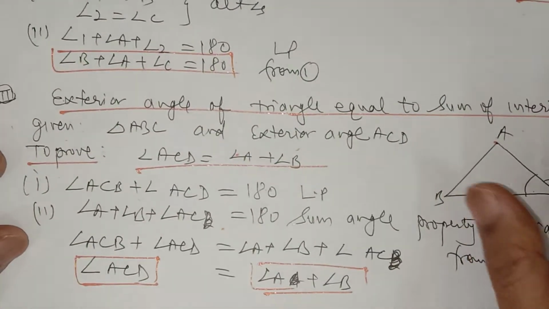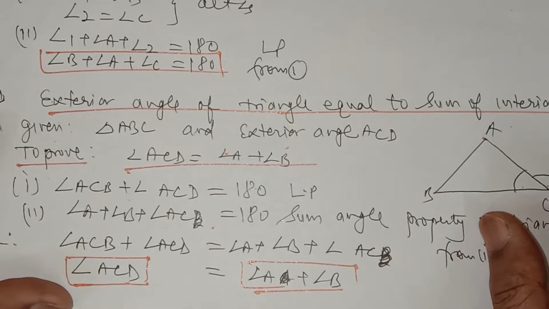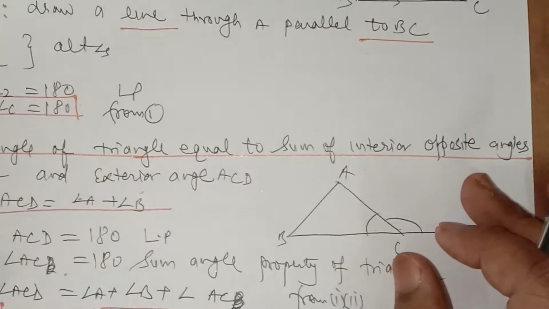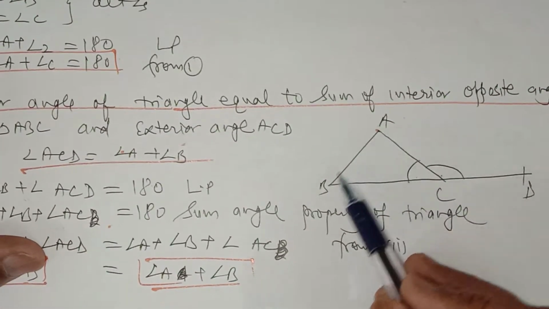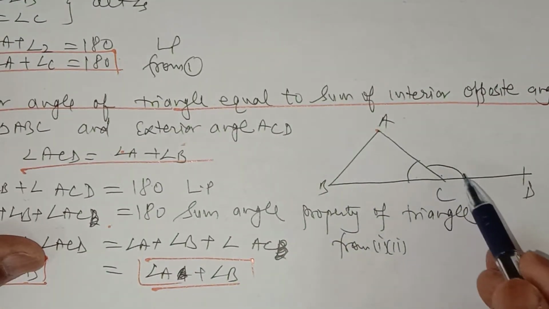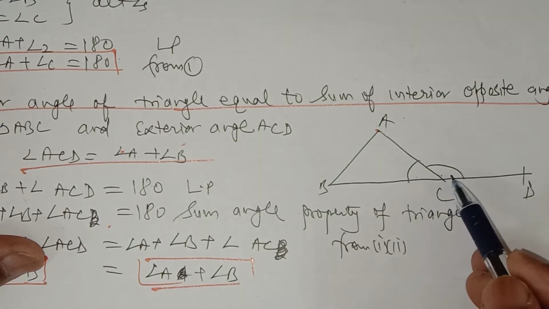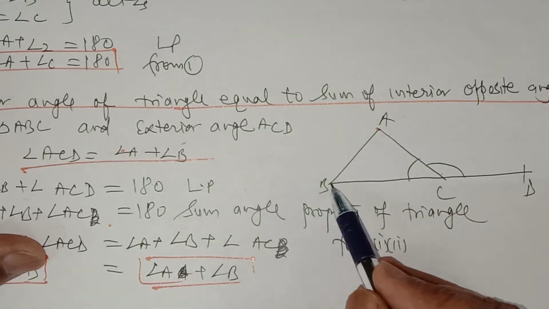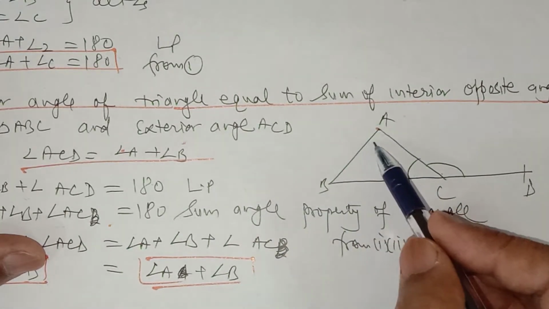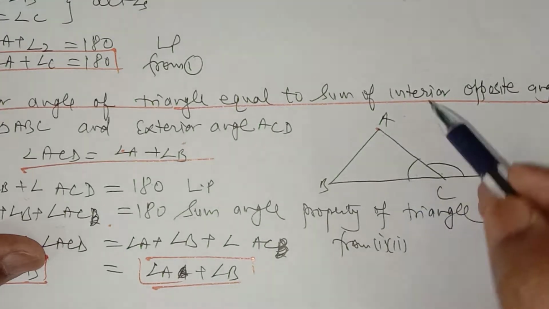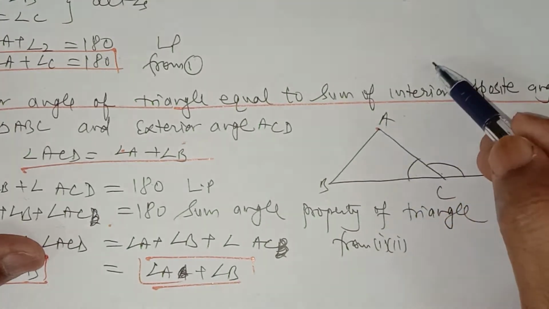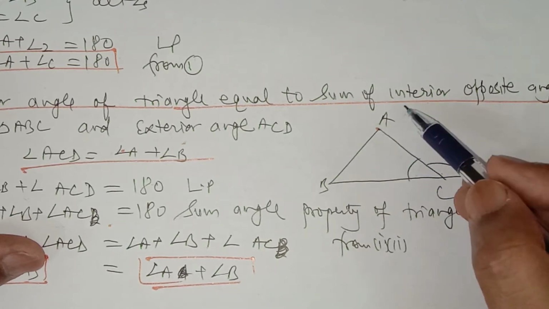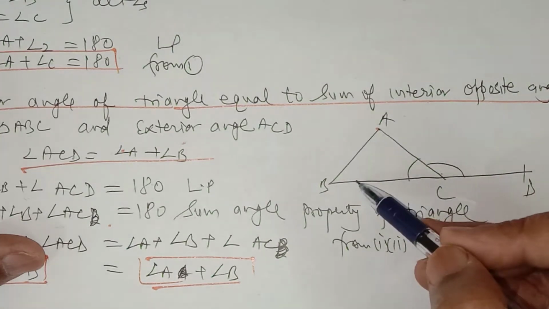Now after that we have the exterior angle theorem of a triangle. The exterior angle of a triangle is equal to the sum of the interior opposite angles. Let this be triangle ABC, then angle ACD will be the exterior angle and the interior opposite angles will be these two. If we extend this line here, then this will be the exterior angle and the interior opposite angles will be angle A and angle C. And if we extend this other line, this angle will be the exterior angle and the interior opposite angles for this will be angle C and angle B.